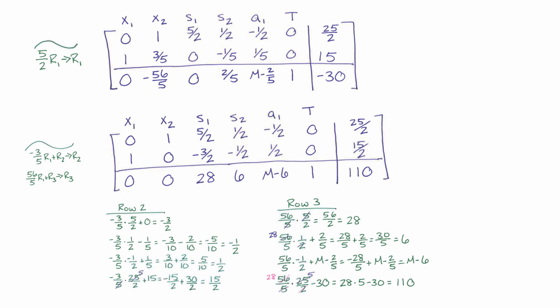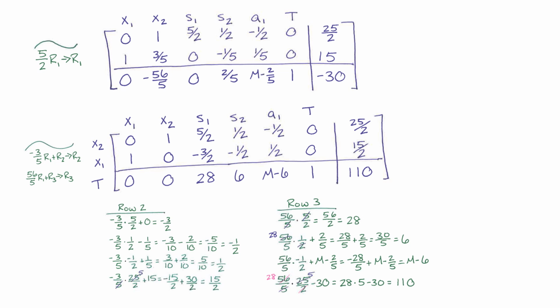To cancel the -56/5, I'm going to multiply row 1 by 56/5 and add it to row 3. So that gives me 0, 0, 28, 6, m minus 6, 1, and 110. And you can see the computations for row 2 and row 3 worked out below. So for this tableau,